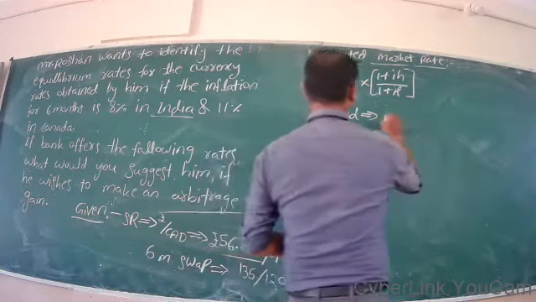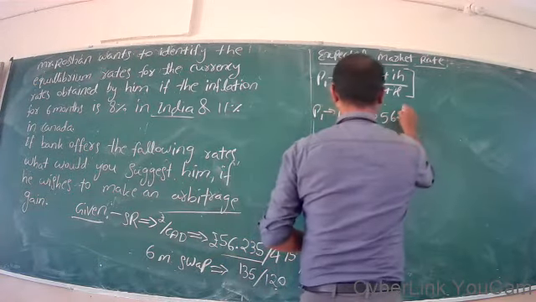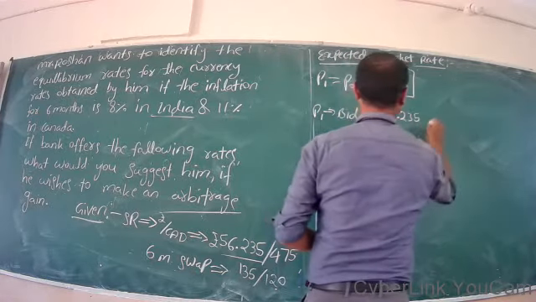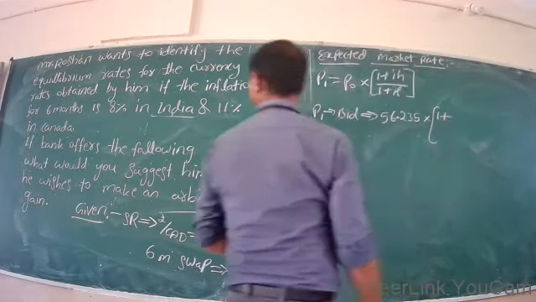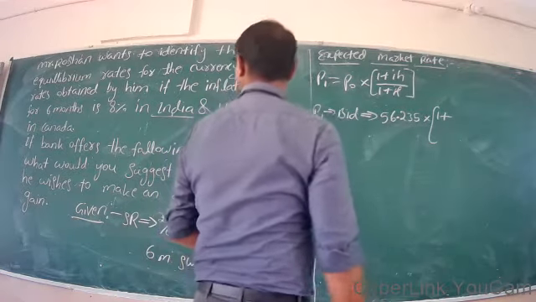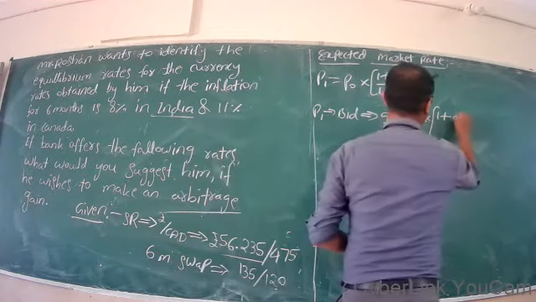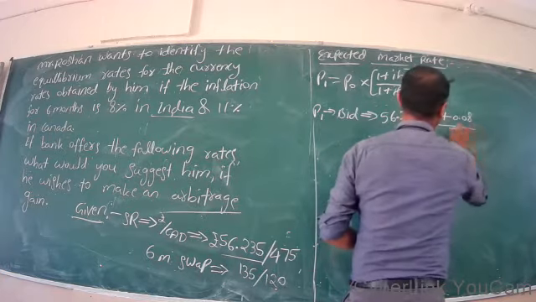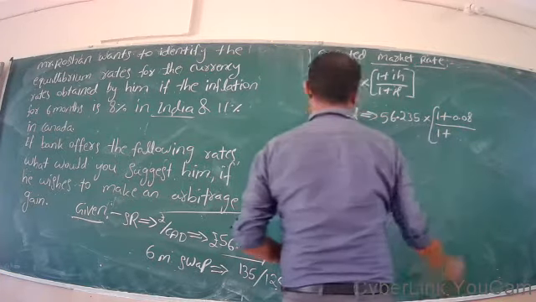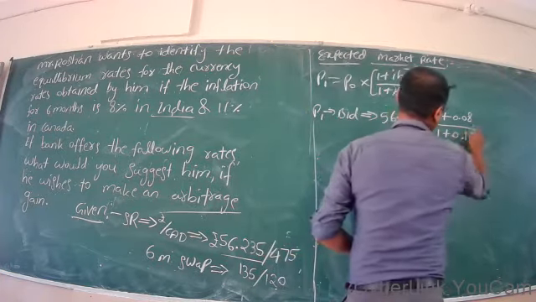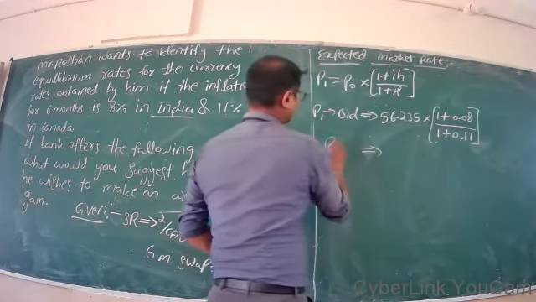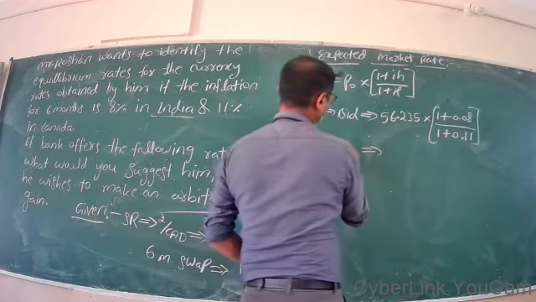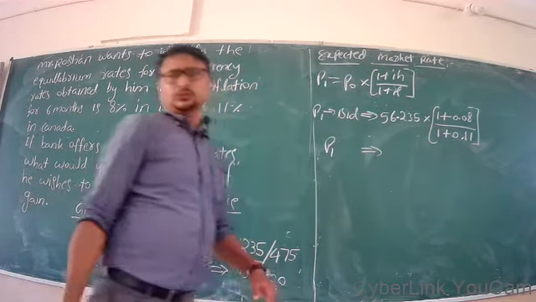P0 should be multiplied by 1 plus inflation in India, 0.08, divided by 1 plus inflation in Canada, 0.11. So P1, the bid price, is equal to